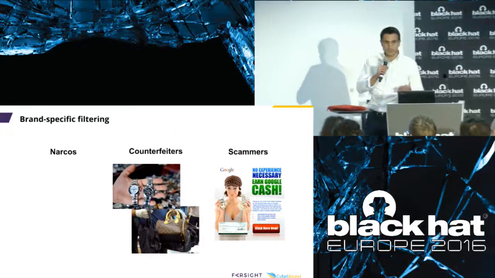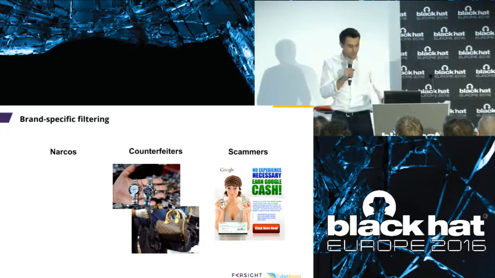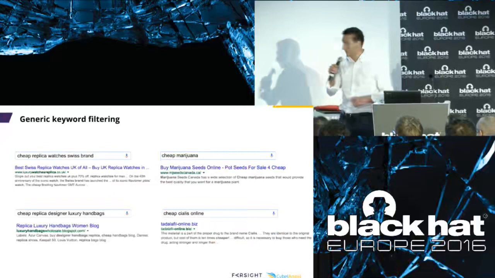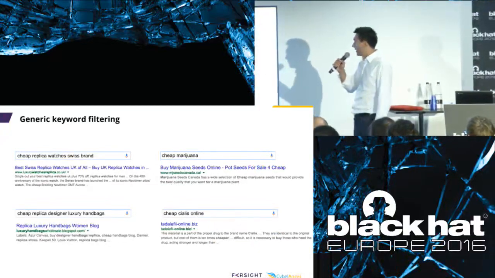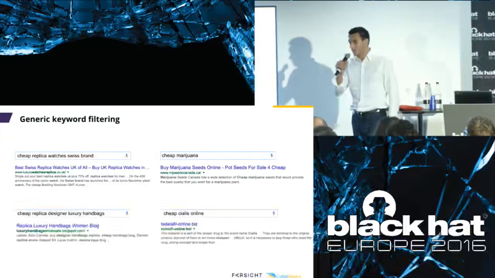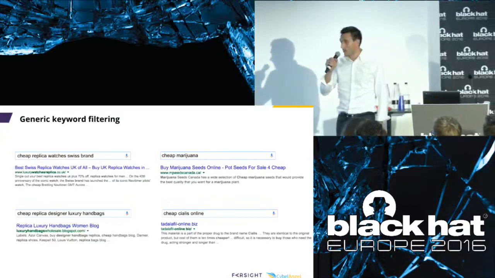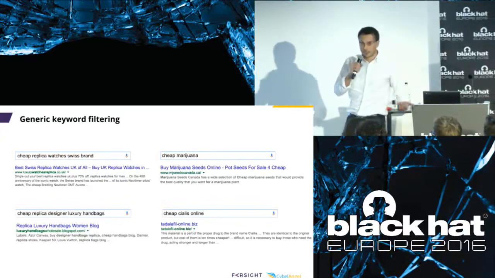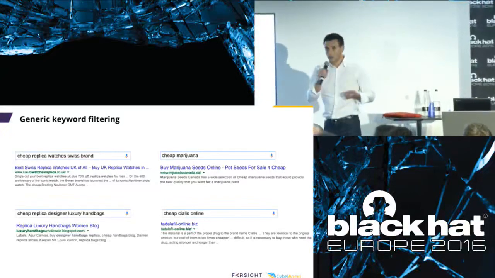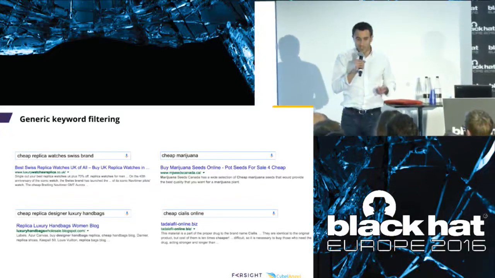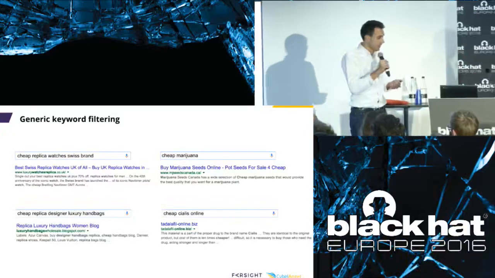But if I put myself in the shoes of a buyer, what would I do first? I'll just pop open Google and do these kinds of queries. And you can see that there are some marketplaces that sell replica goods, counterfeited goods, but do not advertise the brands clearly because they sell many of them. So it's also very relevant to look for generic keywords. Here there would be cheap, replica, handbags, watches.